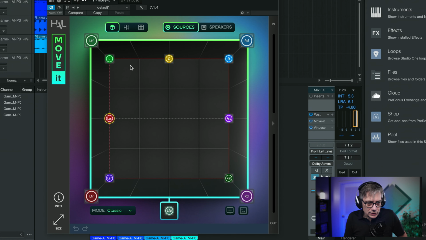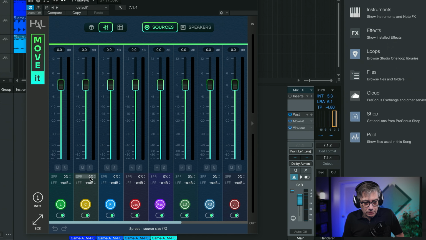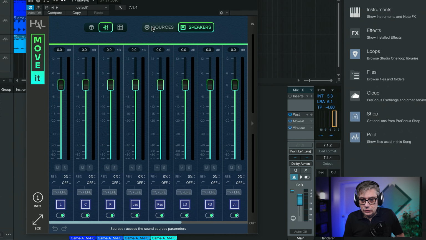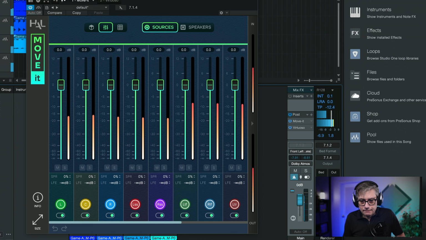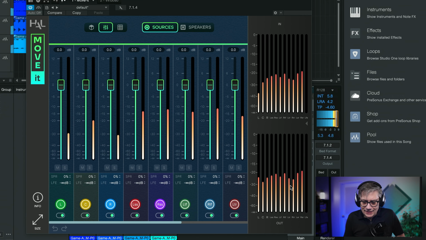So let's move over to the mixer. Now, in the mixer, you can change the gain of the individual sources. You also have the option here to change the spread and the amount of information that goes into the LFE. You can do that for the sources, but you can also do that for the speakers. So let's just play the audio maybe. And as you can see, it's getting already a little bit tricky because I don't see all the faders simultaneously. Now what I can do is expand here, and then at least see the gains of the individual tracks coming in.